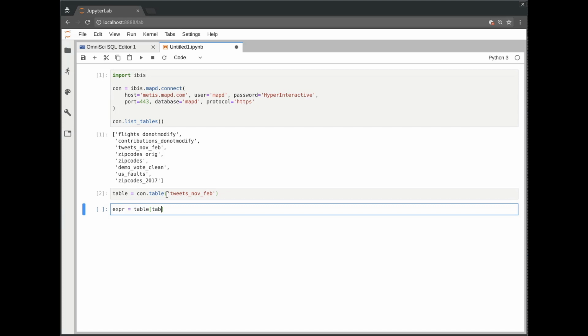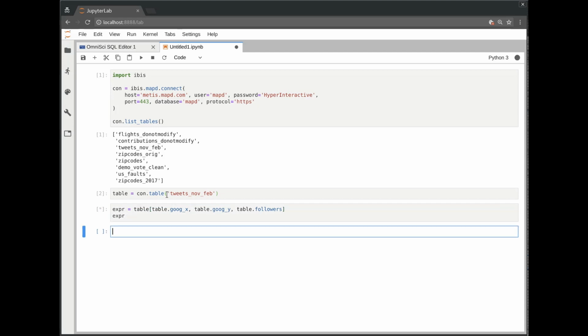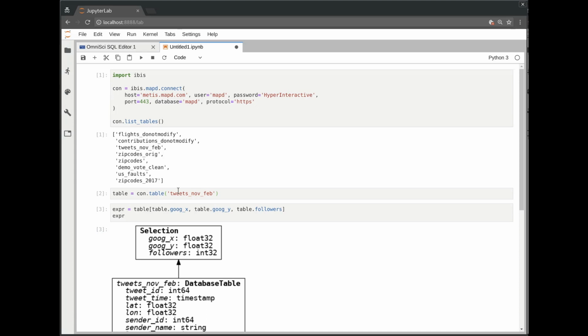By selecting this, and maybe the followers for every Twitter user. So this expression, if I output it in a cell, is not immediately evaluated, but it in